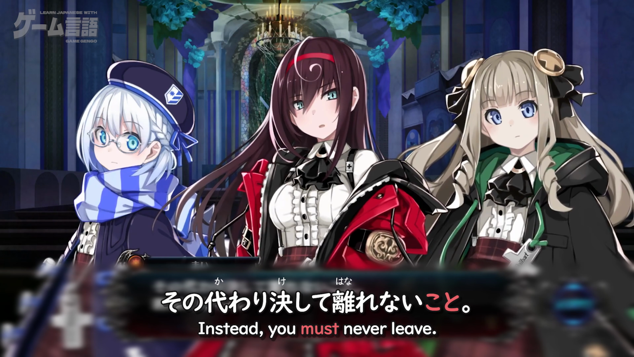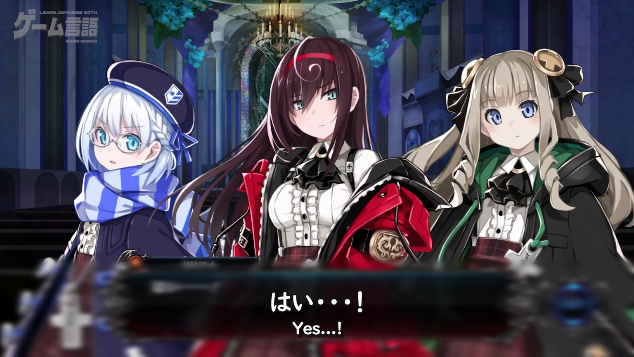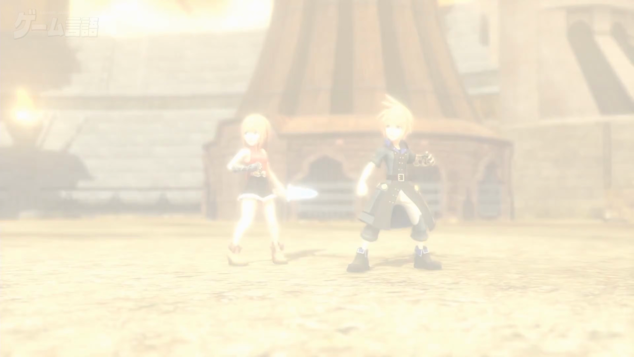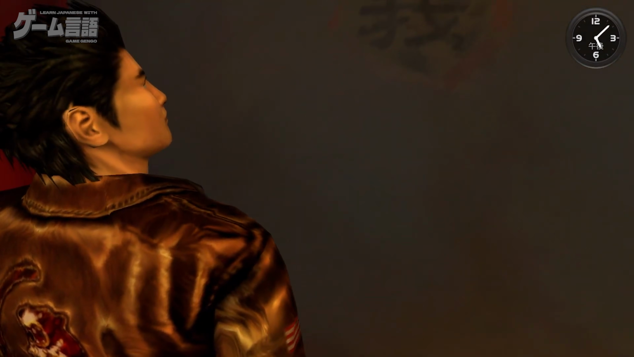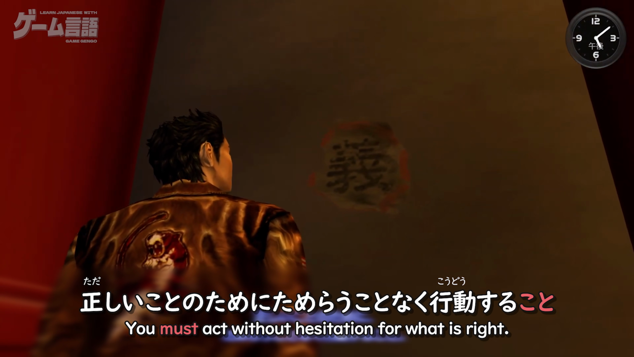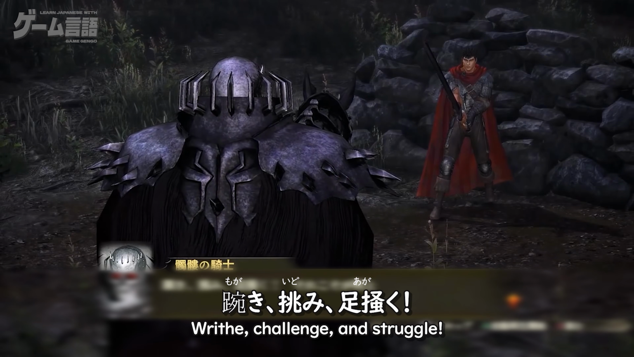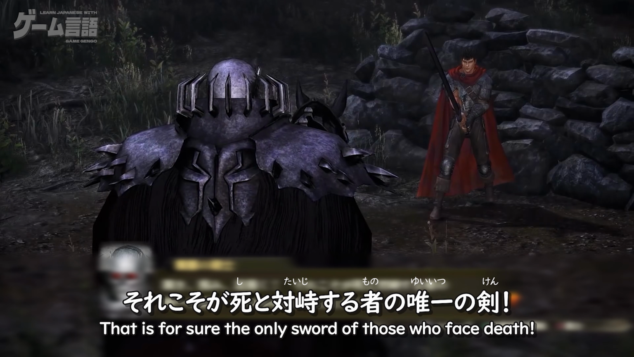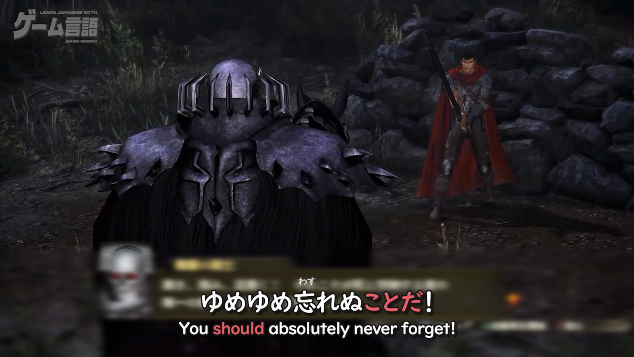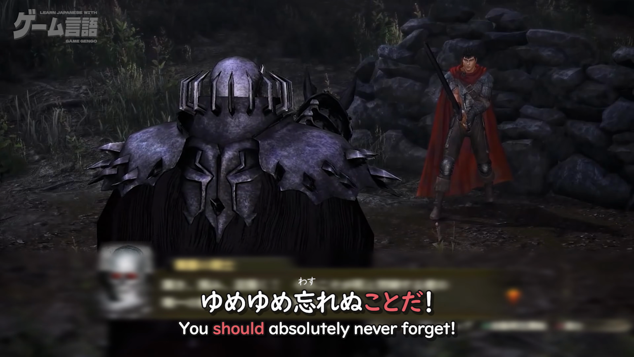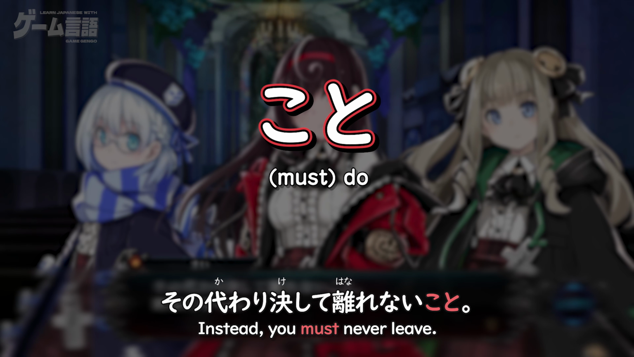徹底すること。 その代わり、決して離れないこと。約束だからね。はい。 余裕余裕。 相手が弱くても気を抜かないこと。 これは正しいことのためにためらうことなく行動すること。 もがき、挑み、あがく。それこそが死と対峙する者の唯一の剣。夢忘れぬことだ。 今すぐ引き返して。 無理をしないことだ。